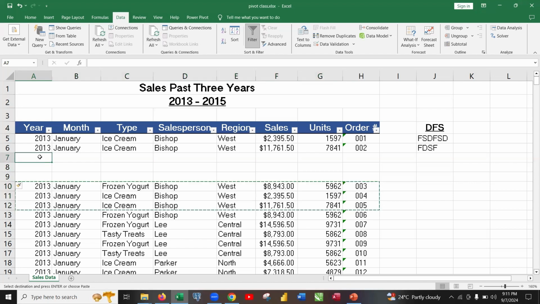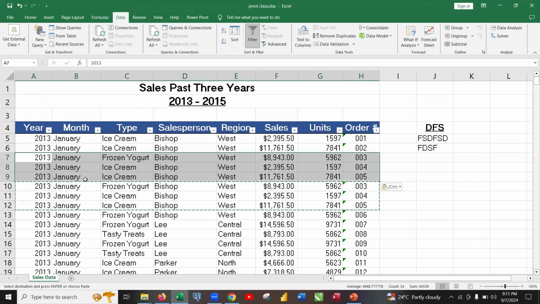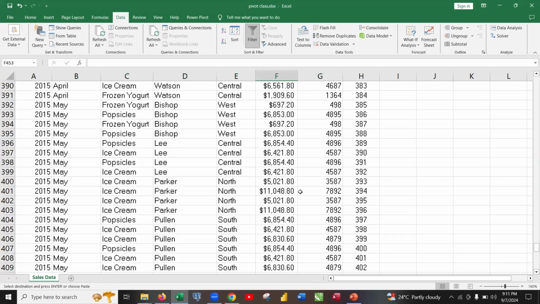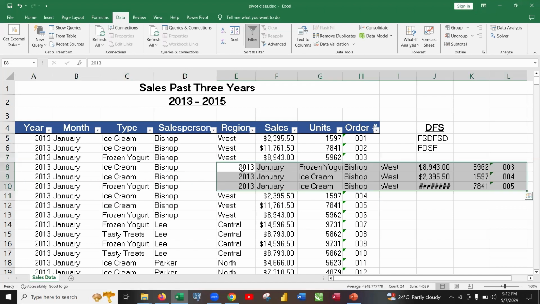And I want to paste them within these 3 rows also. So I'll come to the first one and right click on it and I choose paste. Once I click on paste, you will notice that it has pasted those 3 rows there. And that is very simple. So that pasting there now